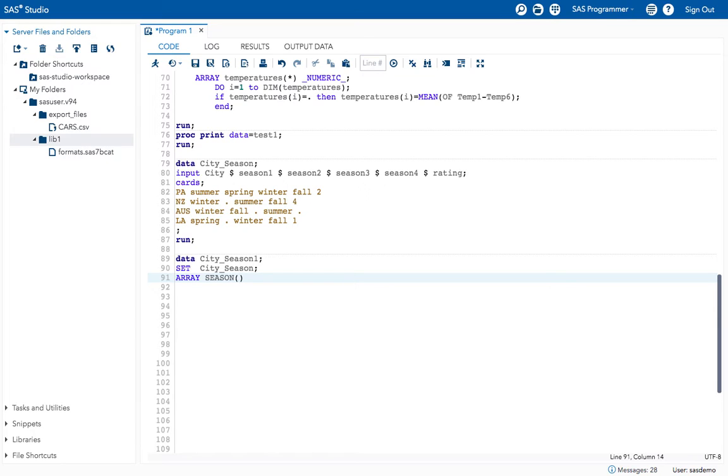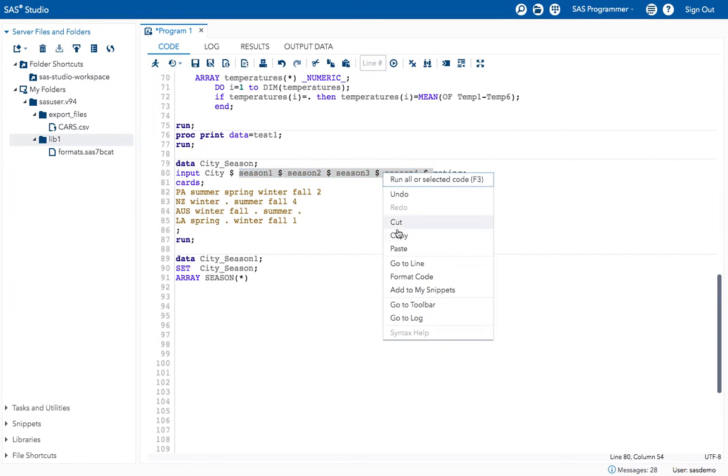In the parentheses you can mention 5, or instead we can use the shortcut, asterisk. Here you can give season 1 to season 4, or else you can give underscore character underscore, which is the shortcut.